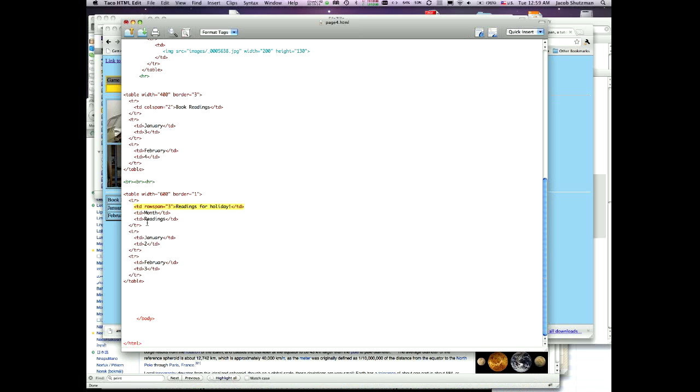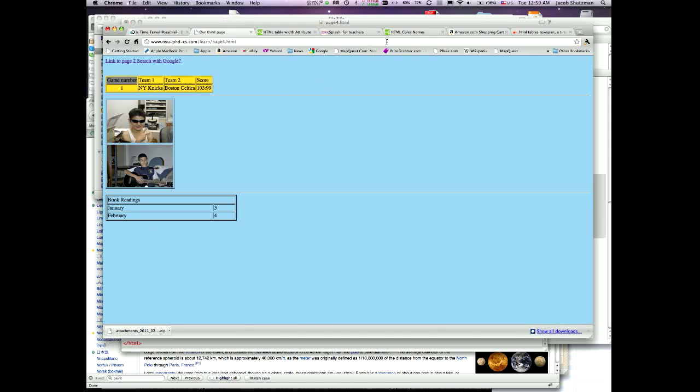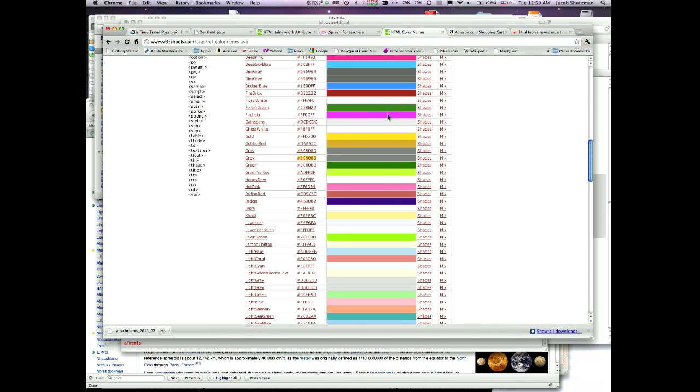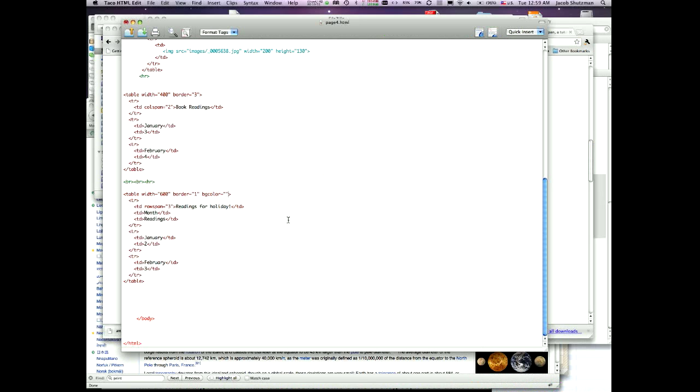Okay, so this is a simple table. Let's also change the background of this table, so we'll make it totally different. And let's pick another color from our website. This time let's take something that's called green yellow. We'll take this and we'll make the background of the second table of this